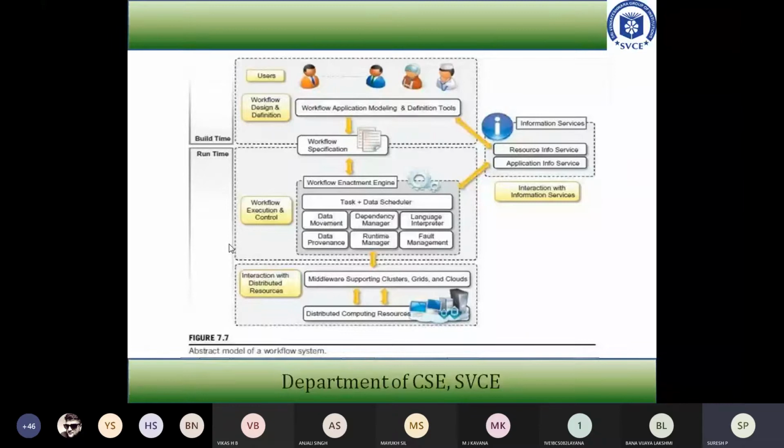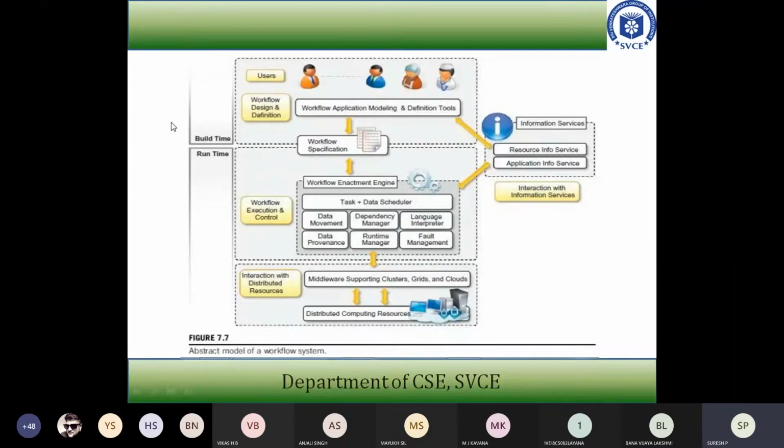So if you want any project or task to be completed, or any problem to be overcome, you should know what type of problem it is, how to overcome it, and how much time it requires to build the prototype for that problem. So that is going to be divided into two types here. From the figure you can see it: one is the build time, the other is the run time.